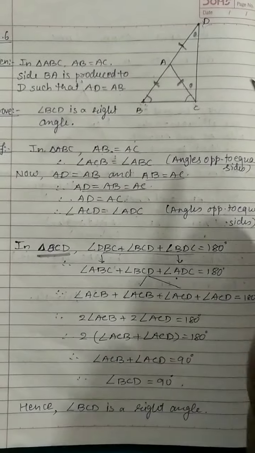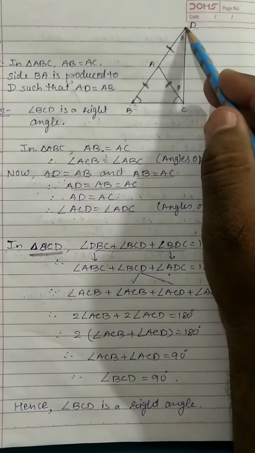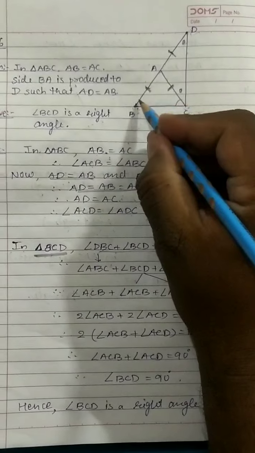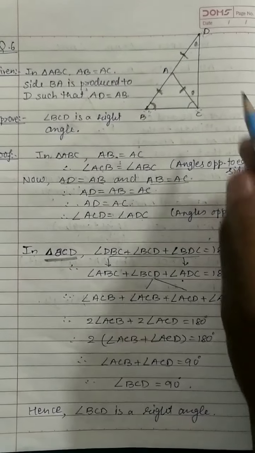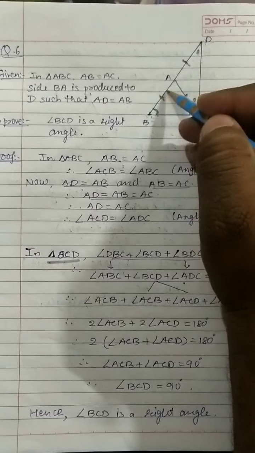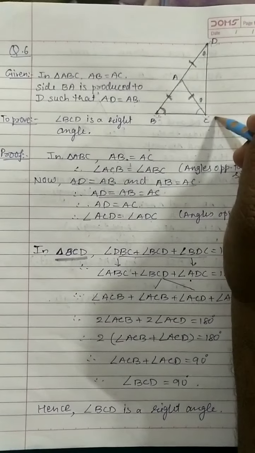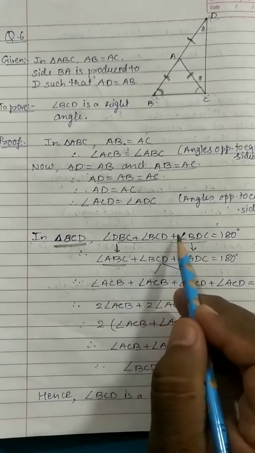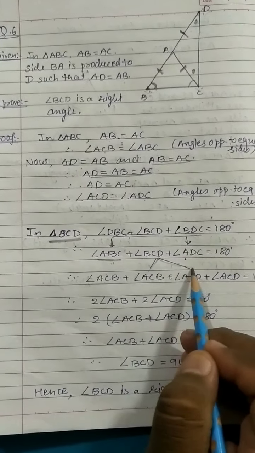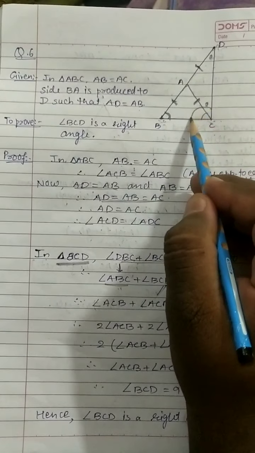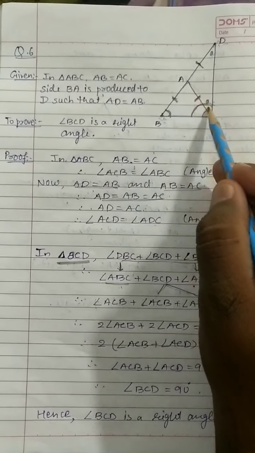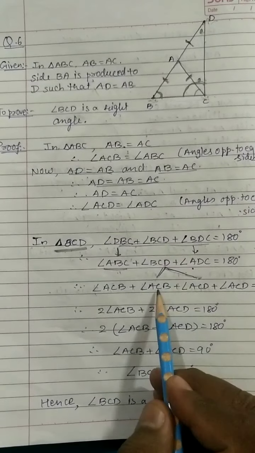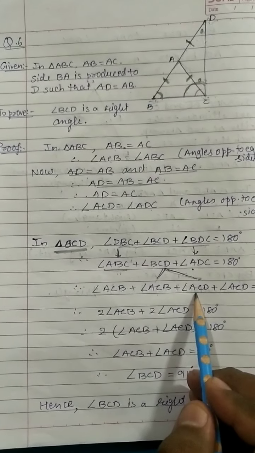Now check this thing. Either we can say angle DBC or angle ABC. So both are same because the common angle B is here and A and D both are on the same line. So ABC and DBC both are equal. So I have placed ABC in place of DBC. This BCD is split into two angles. See, BCD is this angle. So BCD is the sum of ACB plus ACD.